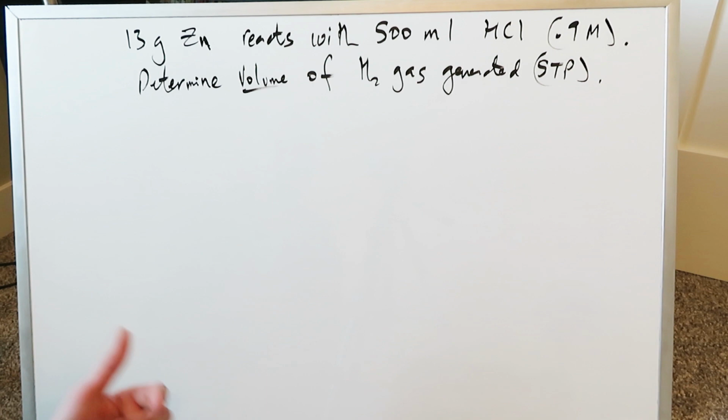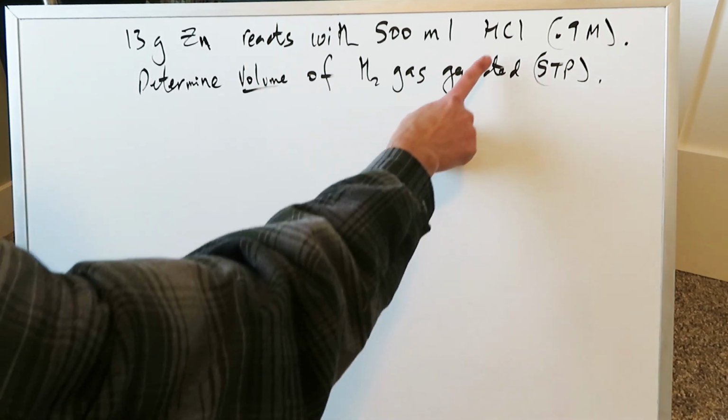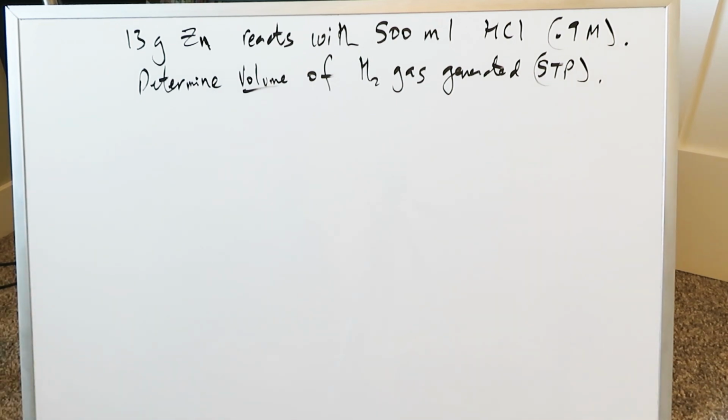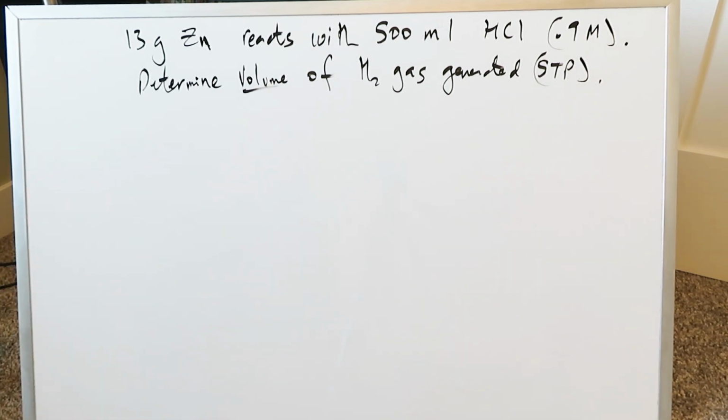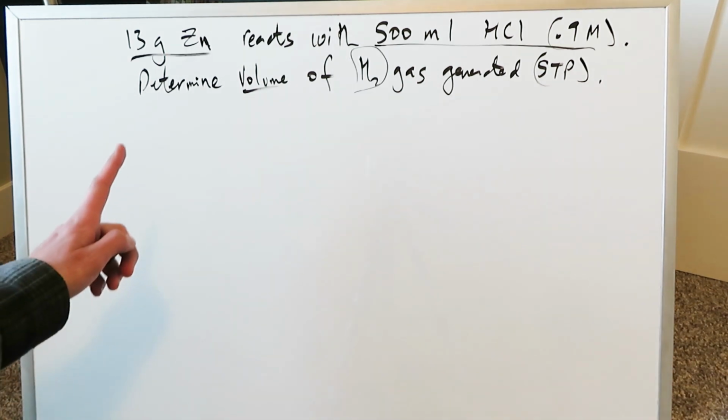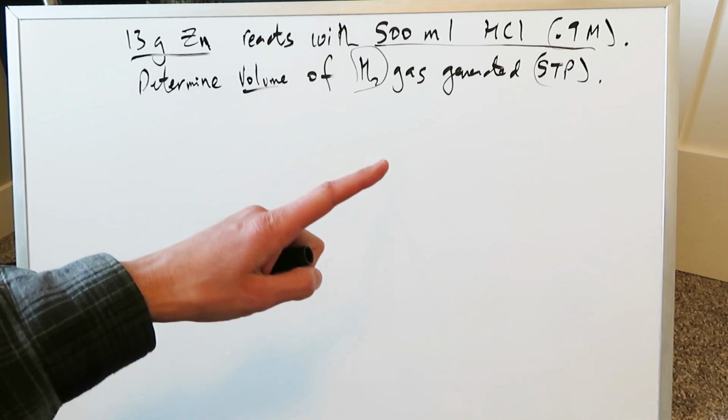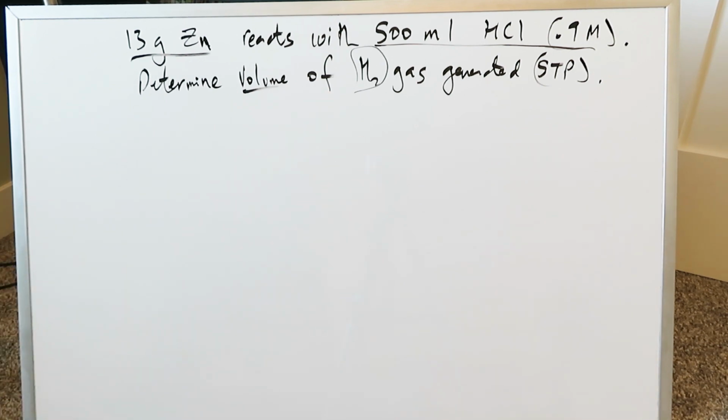Comprehensive problem here, a chemistry concept here. We have in this question 13 grams of metal, which is zinc. 13 grams of zinc reacts with 500 milliliters of HCl, hydrochloric acid, which is 0.9 molar. Determine the volume of hydrogen gas generated under STP, standard temperature and pressure. 13 grams of zinc, 500 ml of 0.9 molar HCl, hydrochloric acid, and our task is to determine the volume